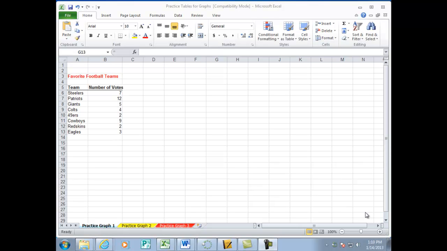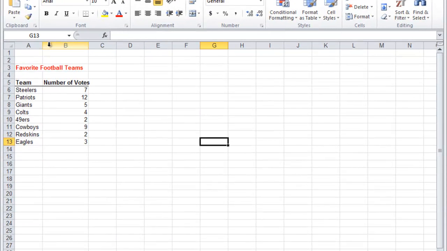This is how to create a graph from a data table in Microsoft Excel. The first thing you're going to need is to have a data table that consists of categorical and numerical data. Once you have that without any extra spaces or any extra columns, you don't want to have ever anything like